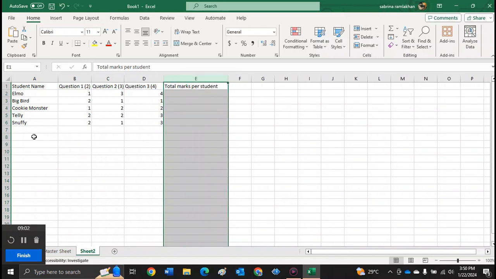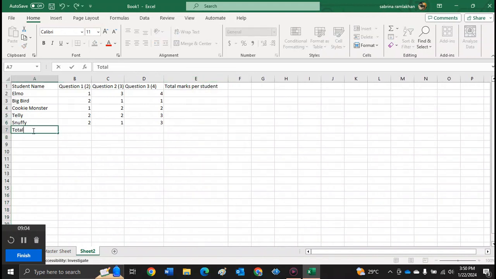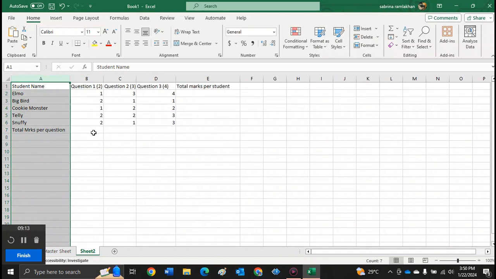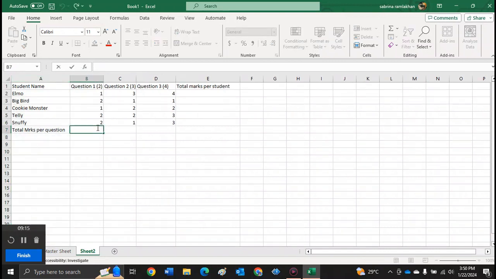Let's expand that, and over here you can do total marks per question. So you can see the total amount of marks per question on the item analysis, so that you as the teacher would be able to tell, okay, not most of the students did well in this question, maybe we need to revise it, maybe we need some reinforcement here, maybe we need to do over this topic. Okay,